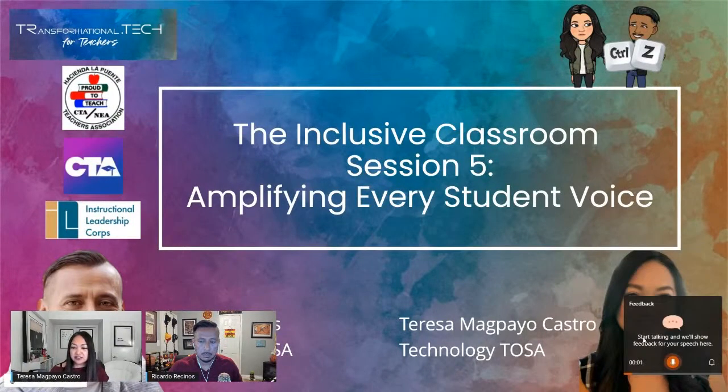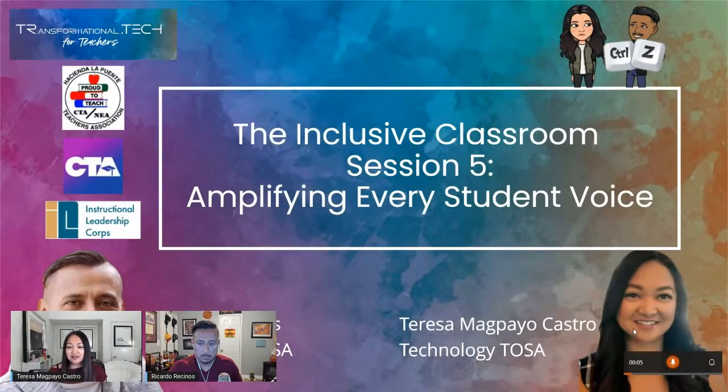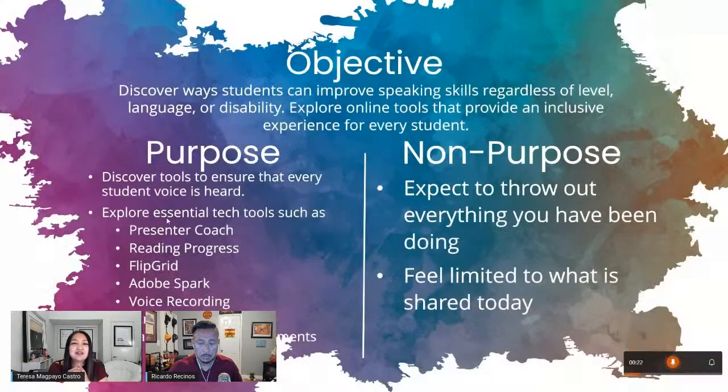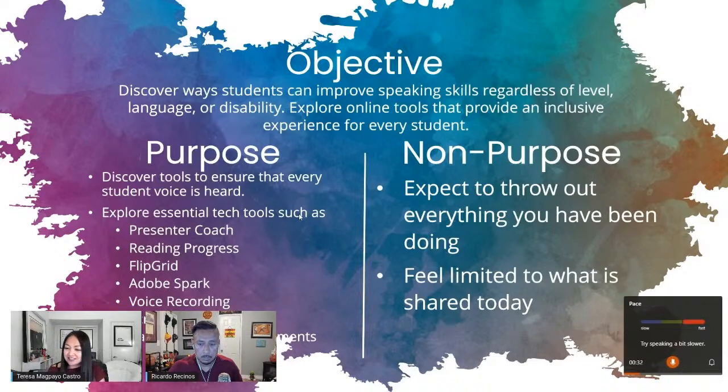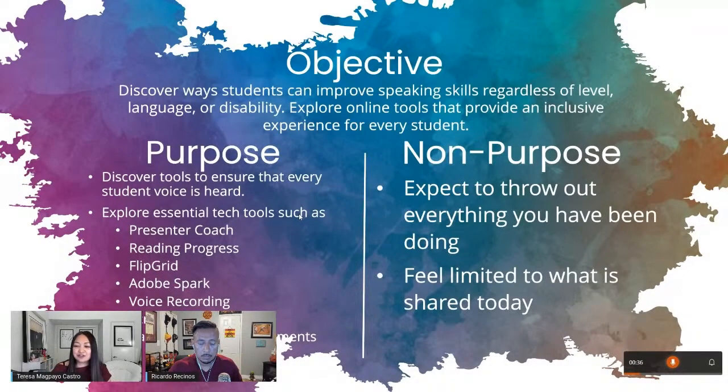So I'm just going to start recording. So I'm going to start talking, and it's going to show me my feedback right there. So, and right here, objective: discover ways students can improve speaking skills regardless of level, language, or disability. Explore online tools that provide an inclusive experience for every student. And at this point, see, it's telling me try speaking a bit slower because I'm talking too fast. So as I'm going through it, it's giving me advice so I can kind of correct my ways